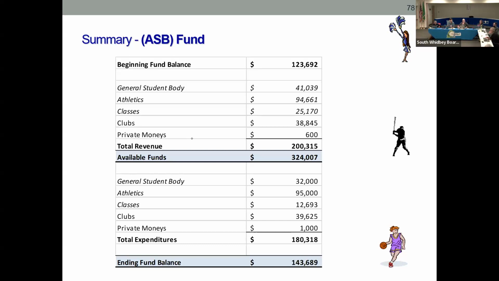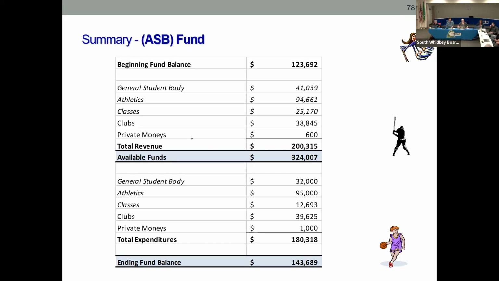And we've got a question. So the students, in this particular case, they're starting with 123,000. Is that correct? So that's from the previous year? Correct. That's what I'm expecting their fund balance will be at the end of August. It's not there yet. It's maybe 100,000, but in August, they bring in a bunch of money for the fall for sports. So I'm expecting they'll start with that dollar amount. So they don't lose money if they budget properly and they make money as they've done here. They don't lose it. No.